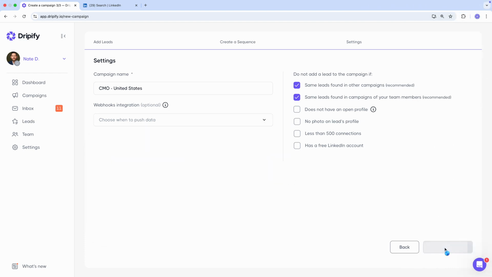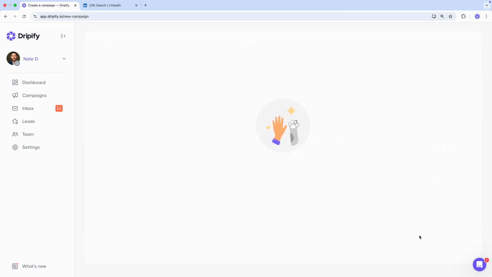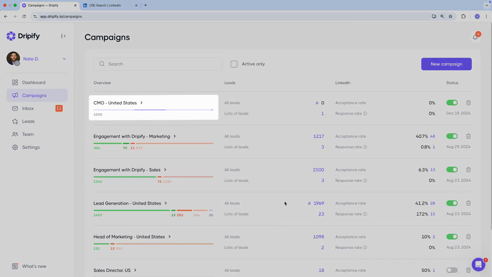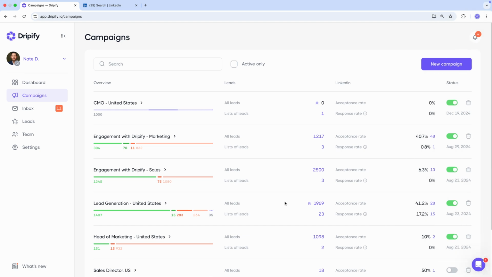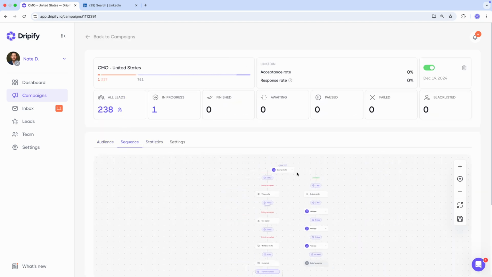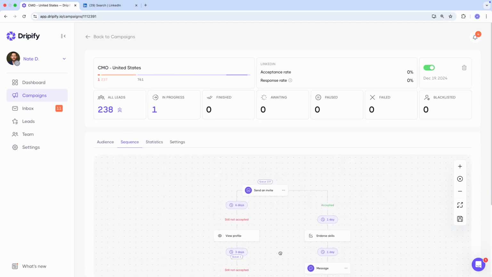Then, hit that launch button and let Dripify handle your outreach on autopilot. Now, as you can see, leads are being uploaded from LinkedIn to the campaign, and those already uploaded will start entering the sequence one by one. Let's open it up. Head to the Sequence tab, and you'll see exactly where each lead is in the outreach